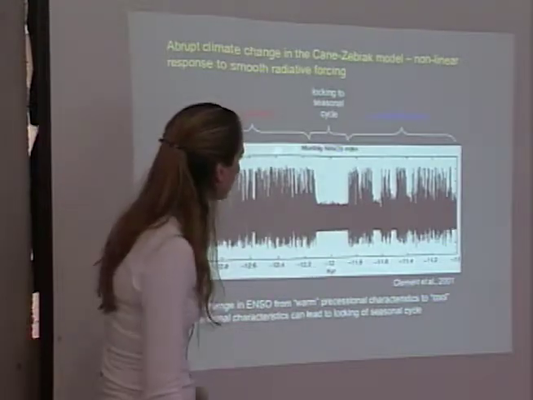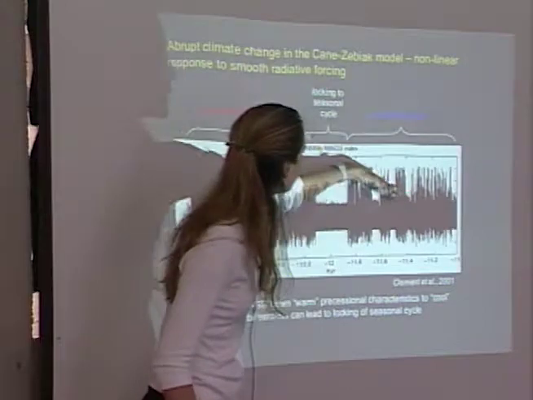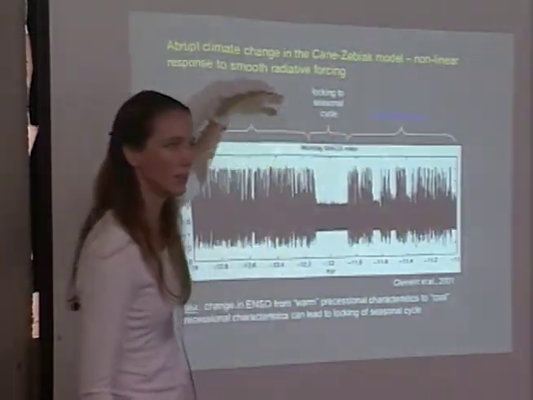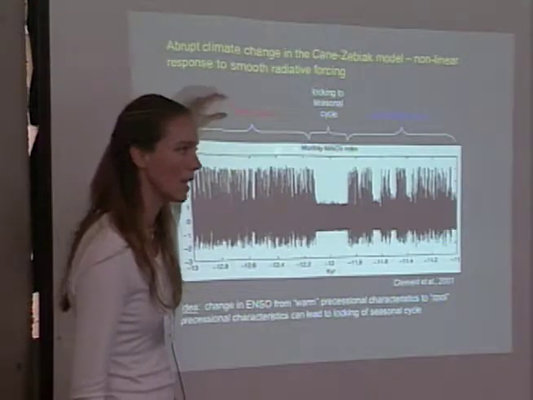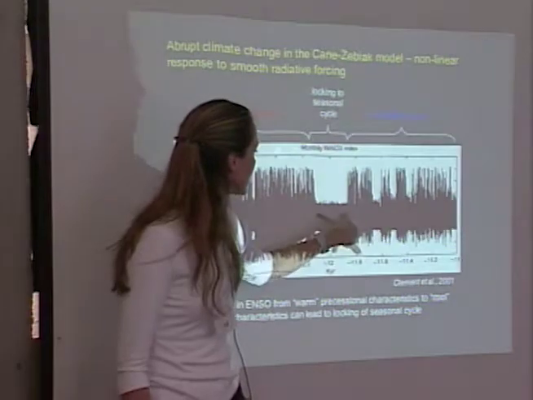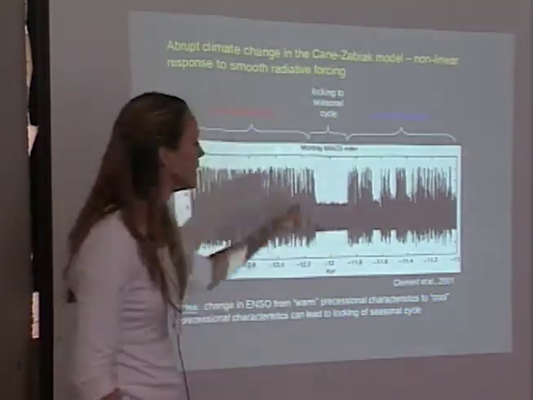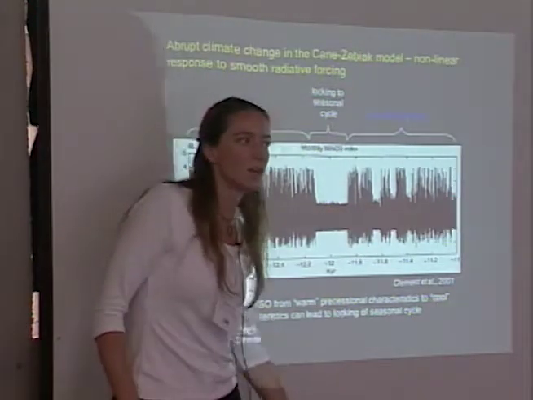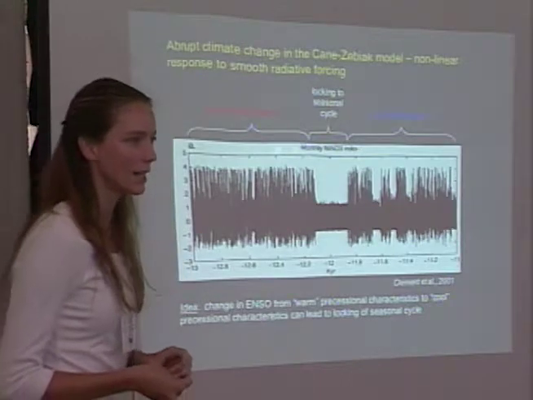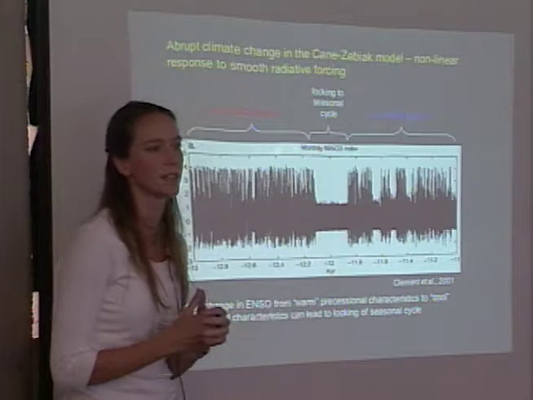So what's happening is that it's forced by precessional forcing. There's a big curve of precessional forcing coming through here from the last glacial up to 10,000 years ago, a 10,000 year smooth curve of forcing. And what they see here, between their cold phase and their warm phase, is this kind of behavior in their model. They don't see it all the time, but they see it frequently, what they call El Nino breaks. So the question that comes out of this type of study is: can you get stuck?